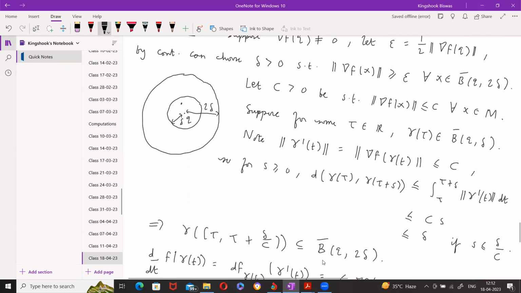Each time I enter the ball, this is say gamma of tau, then I have to stay inside the ball for a certain amount because my maximum speed is bounded. Now, if I stay inside the ball for a definite time, then my f has to increase by a definite amount, because the norm of the gradient vector field is bounded below, and the derivative of f is the norm squared of the gradient vector field. So I have to increase by a certain amount. So if I enter this ball infinitely often,